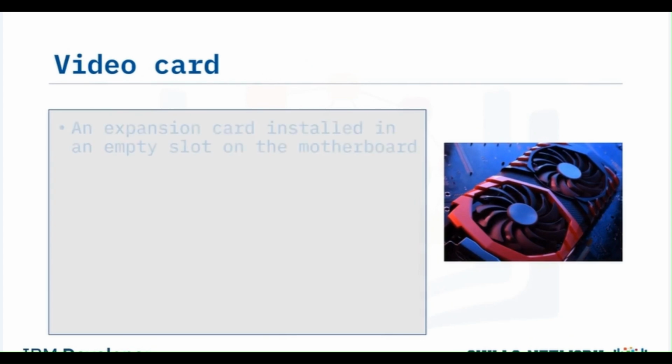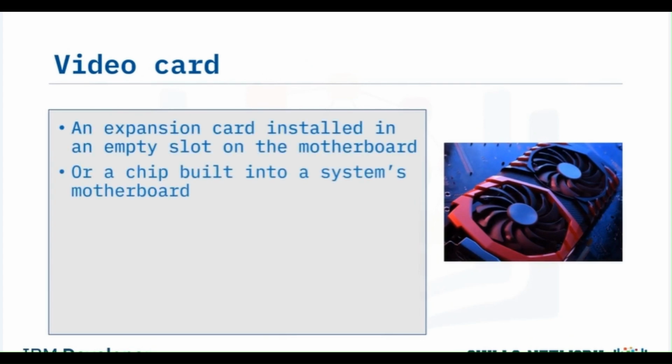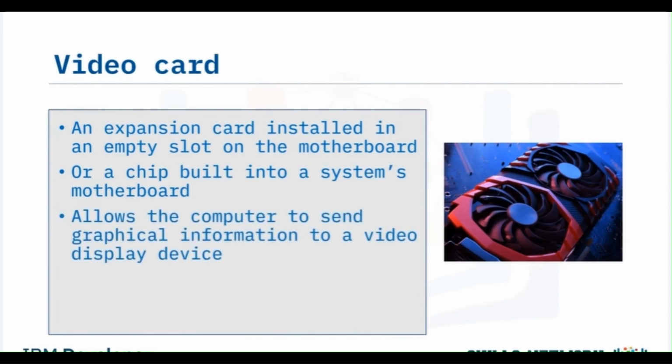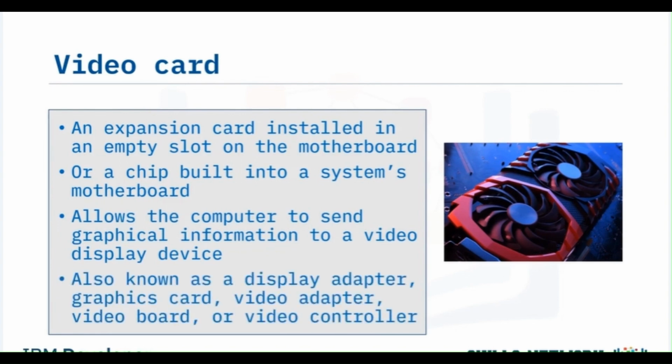A video card is either an expansion card in an empty slot on the motherboard or a chip built into a system's motherboard. It allows the computer to send graphical information to a video display device, such as a monitor, TV, or projector. A video card is alternatively known as a display adapter, graphics card, video adapter, video board, or